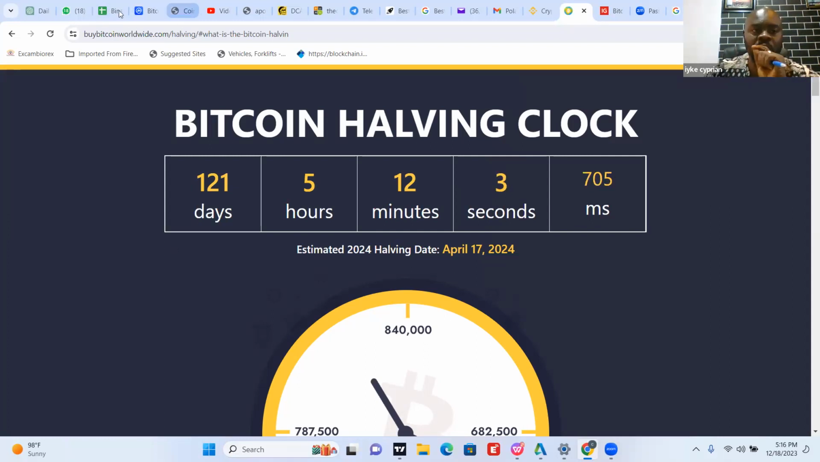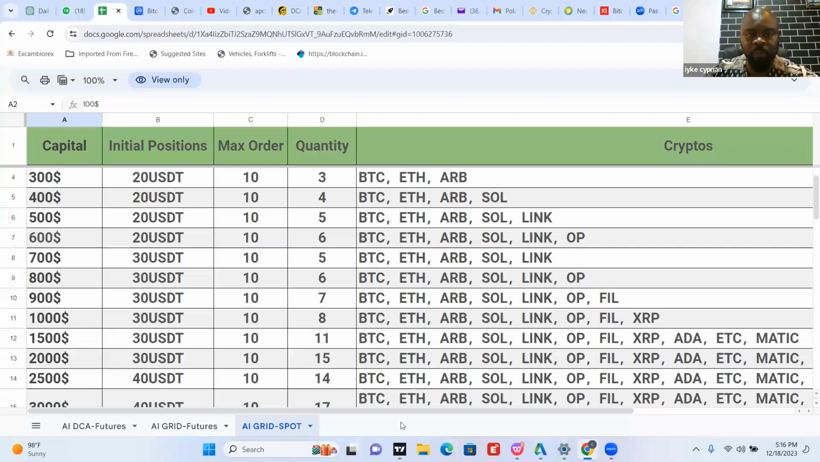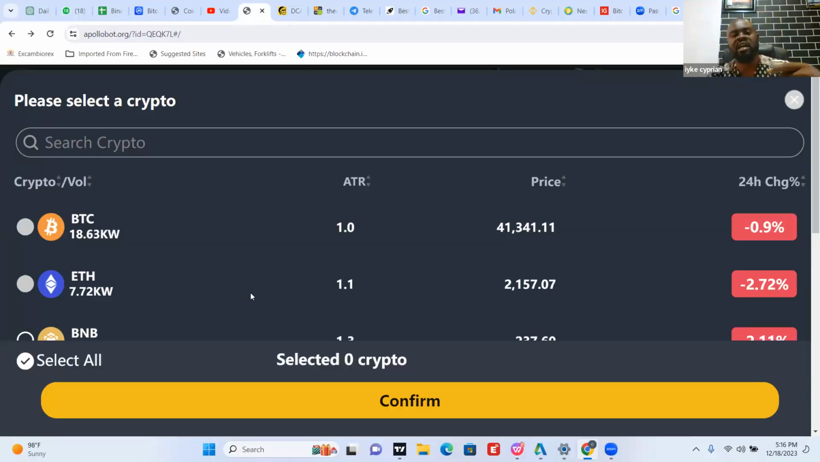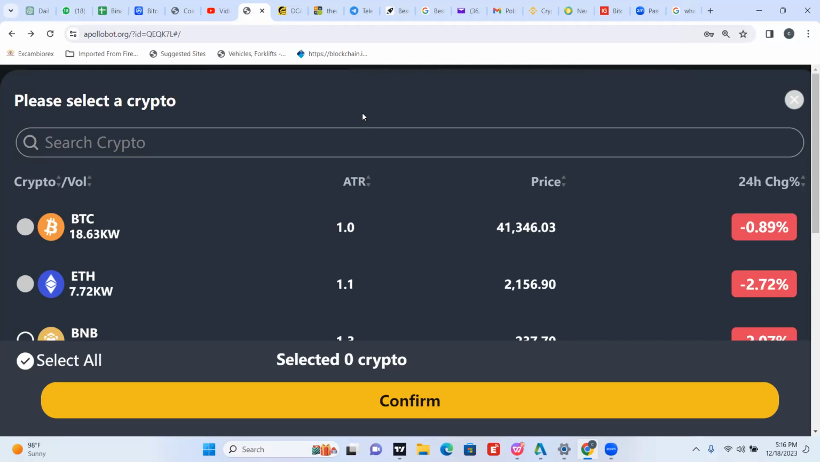Okay. So what were we saying? So these are the coins listed for spots. So according to your capital, you pick these coins and you assign it to the robot to trade for you. So you assign it to the AI to trade for you. But then everybody has a system. So personally, I have my own system. I will tell you for the AIDCA,